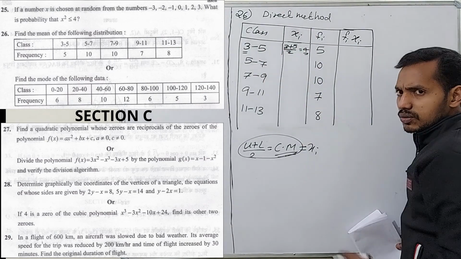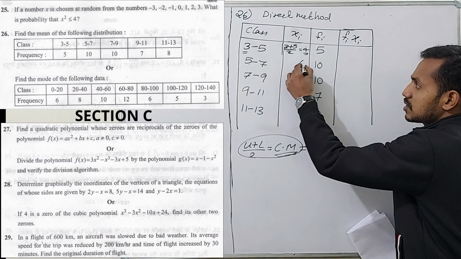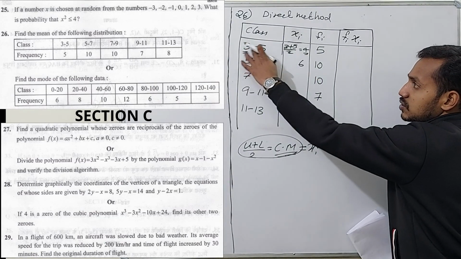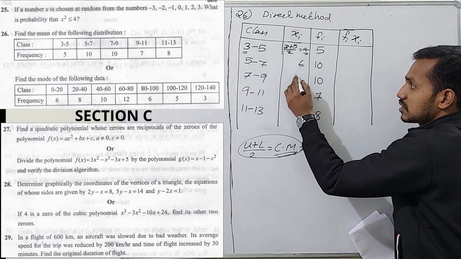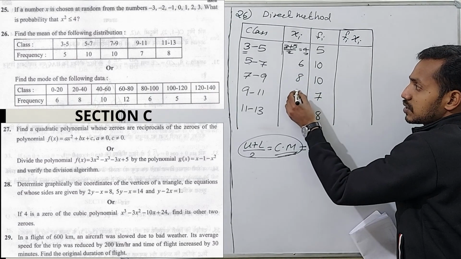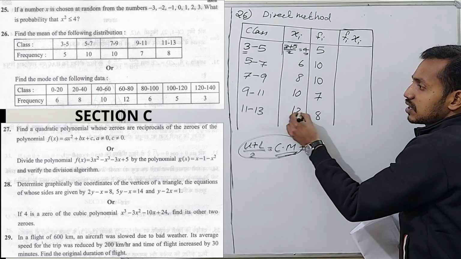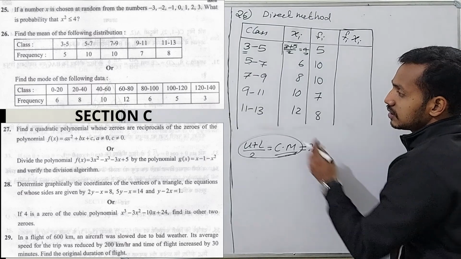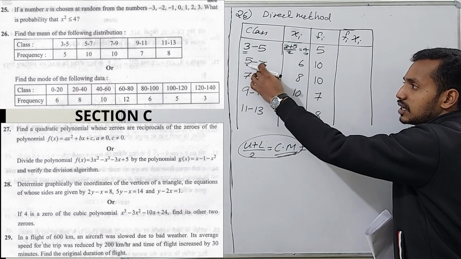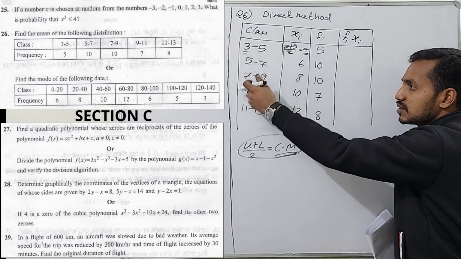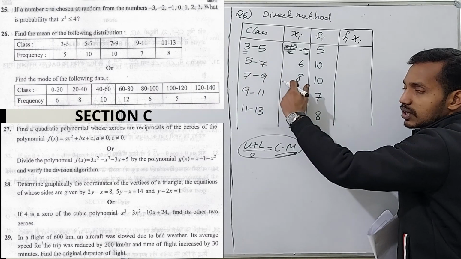That is the middle value, between the values. Now here it will be 6. 4 plus, the size of the class is 2. So 4 plus 2 is 6, 6 plus 2 is 8, 8 plus 2 is 10, 10 plus 2 is 12. So here, either we can find the middle value separately, or logically, because of simple numbers, we can logically get the middle value.